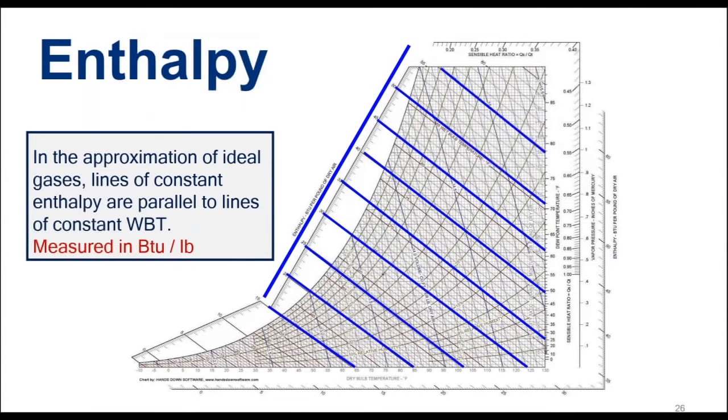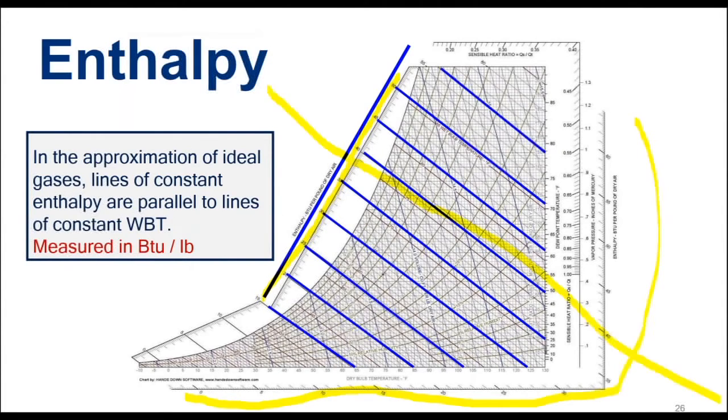Enthalpy is also a diagonal line, and they're very close to the wet bulb line. So be careful as you look at the chart. We help you out by having the enthalpy listed on the two edges, where then you can take a straight line, my line not very straight there, sorry about that, from one to the other and find any point along that line. So again, any point on that line is going to be the same enthalpy.